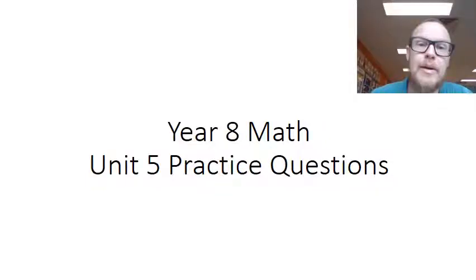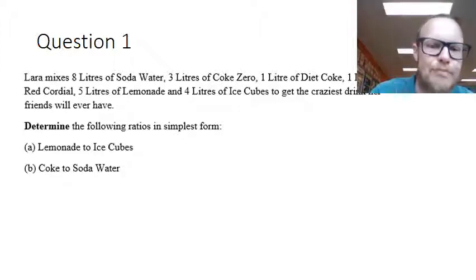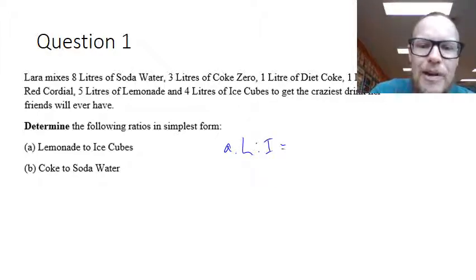Okay, let's go through these Year 8 Unit 5 practice questions. First question, we've got Lara, she's mixing all of these different drinks together and we're looking at the ratios of these different amounts. So for A here, we've got lemonade, the ratio of lemonade to ice cubes, L to I,